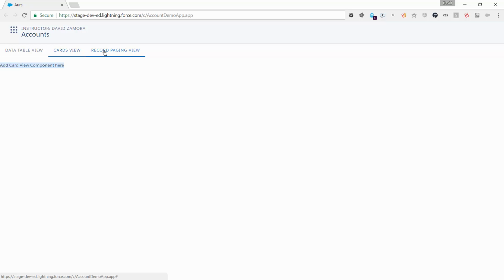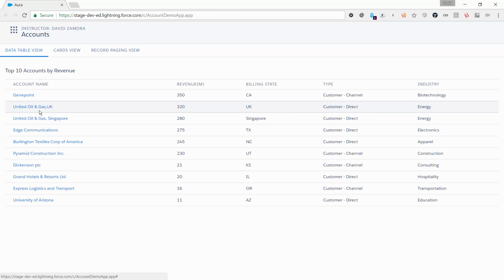But now the Lightning tab tag, if you will, is a lot easier. You don't even have to deal with that. You just put that in your component, and off you go. It's pretty easy. All right, so we learned a little bit about the Aura object type, and if I go back to it and look at my Aura object type,